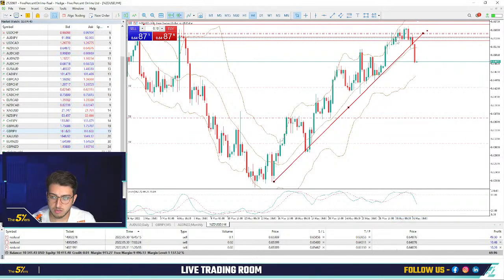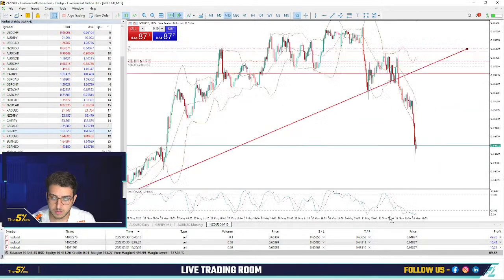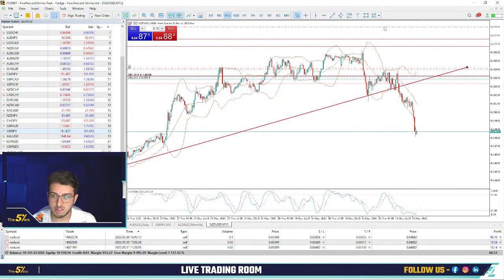If I go to the trade levels and then to the M15, I don't want to be very aggressive on that trade. I will only move my stop loss to break even. That would be the first thing. This stop loss can be moved quite close, as the supply was respected. So I will move the stop loss close to my break even. That would be the first thing.